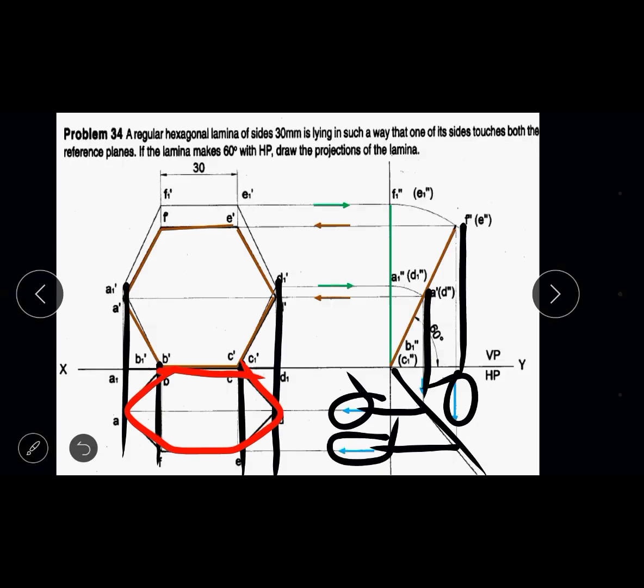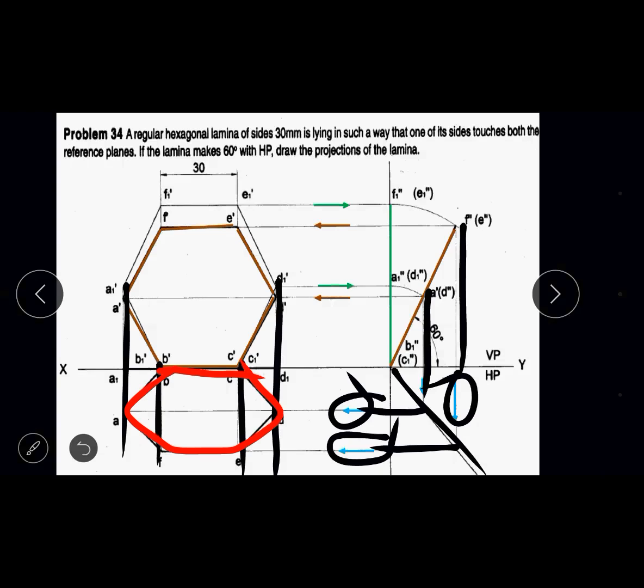So in this way all the basic views we have covered just by placing the hexagonal lamina on vertical plane. So just place the lamina on vertical plane. If you want to share one of the sides of the lamina on both HP and VP, go for corner resting. Go for VP resting with corner position. If you go for VP resting with corner position, one of the base sides, B dash and C dash, we can make common to both HP and VP.